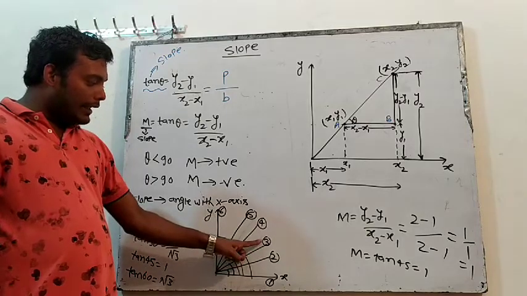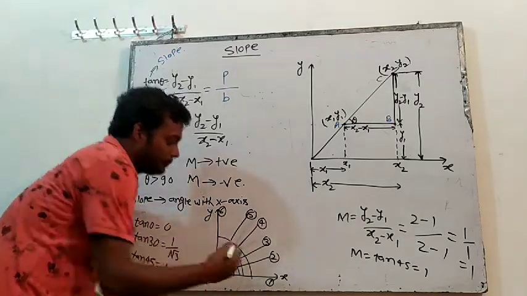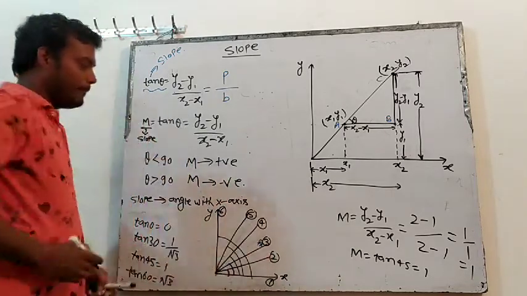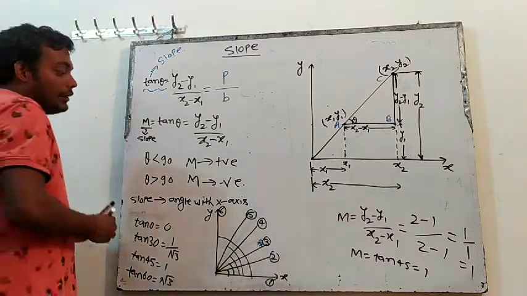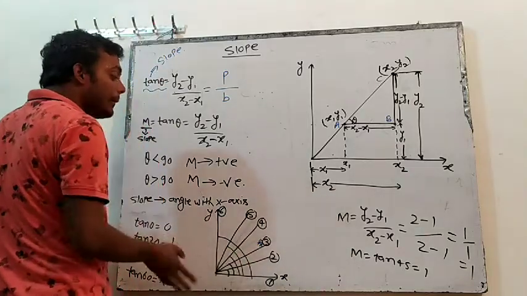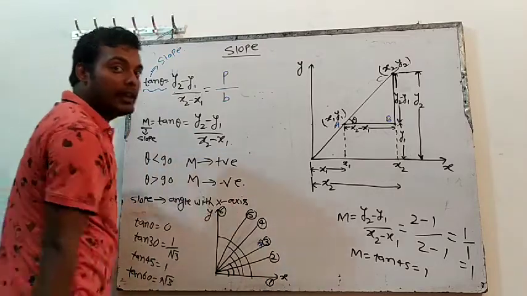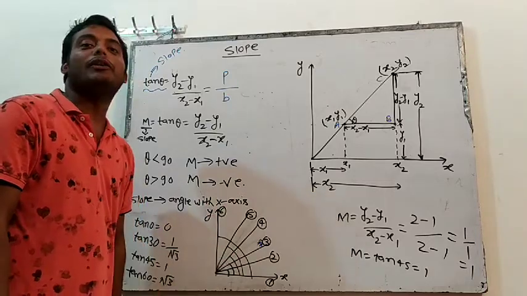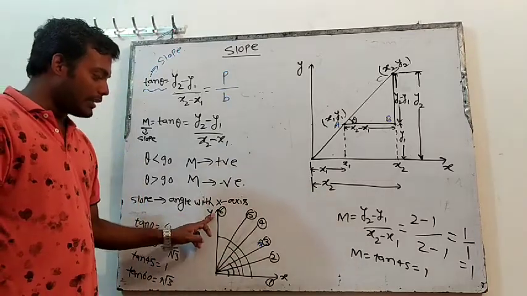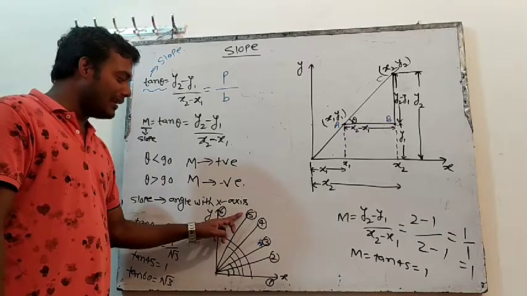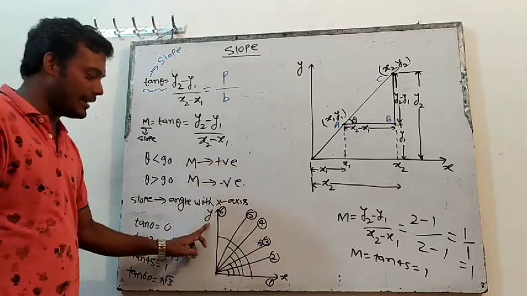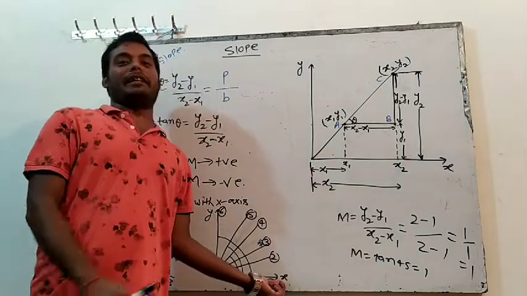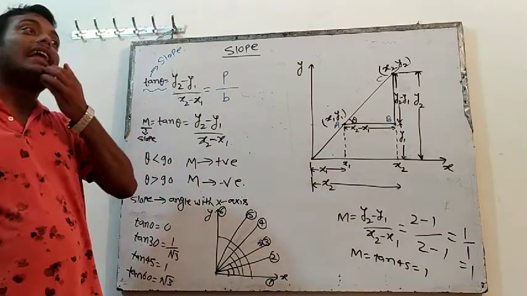So suppose you sit on the third line, you will come down slowly. If the slope is more, there is more chance that you will break your arms and legs. So if you sit here, dhamak. If you sit here, it will take a little bit less time than this. And suppose you sit here on the x-axis, you will not even slide. You will not slide. So for sliding, slope is necessary.